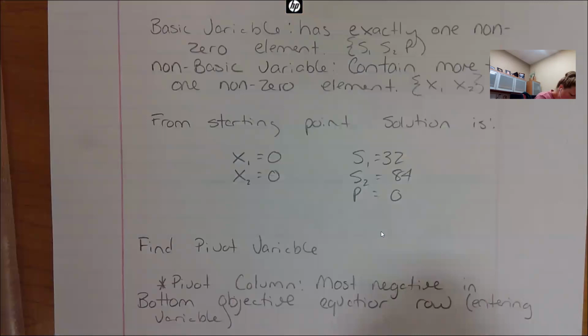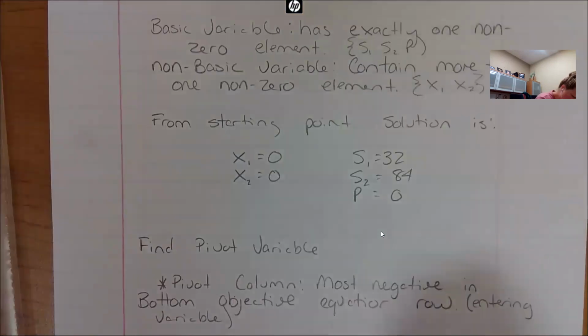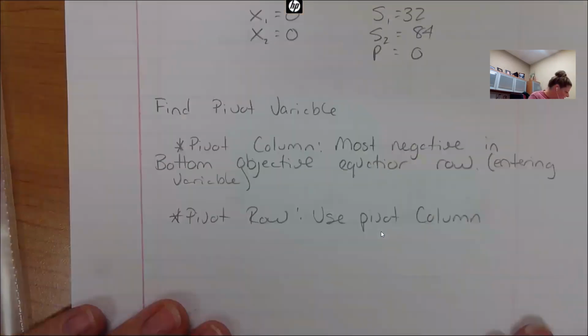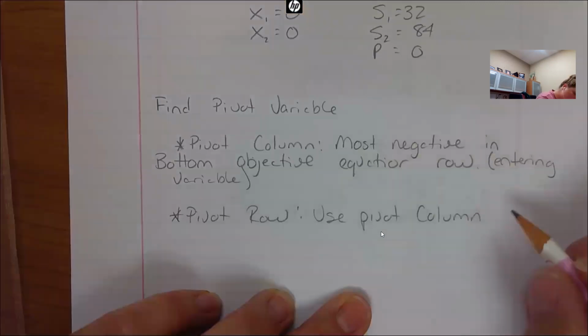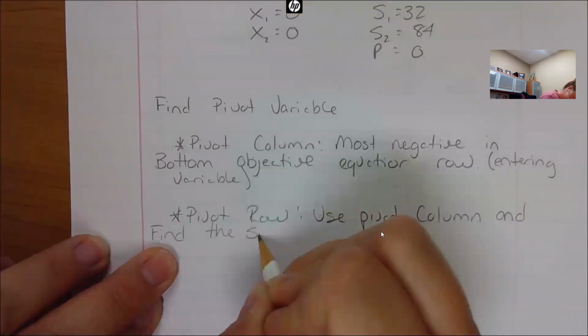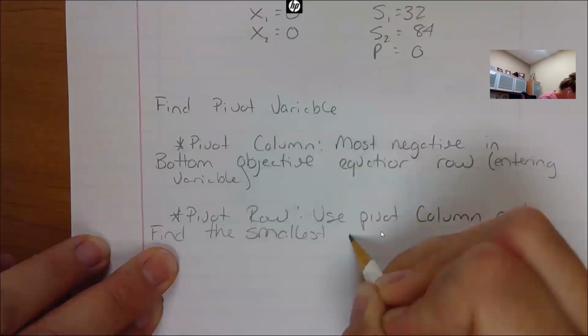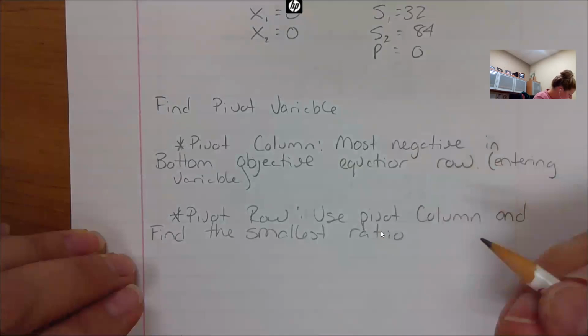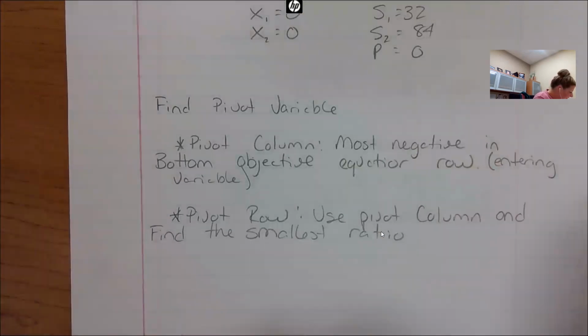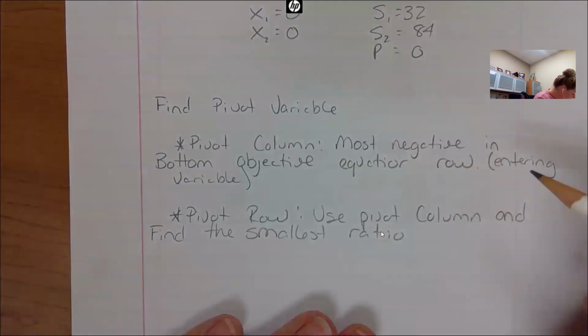First, you use the pivot column. So we just did that. We only looked at the pivot column. So you're going to use the pivot column and find the smallest ratio. Smallest ratio. I guess I'll just write it out the way I have. Use the pivot column and find the smallest ratio